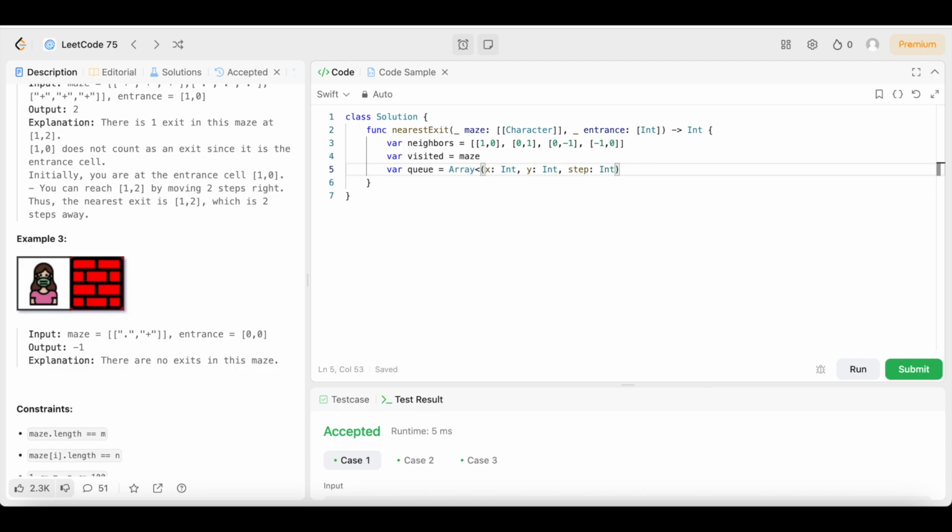And this is going to keep track of where we are and how many steps it takes to get to the entrance. And then we've got to initialize that. Don't forget to initialize it. Then we are going to come down here and we are going to say q dot append. Then we're going to open up two parentheses and we are going to say x colon entrance